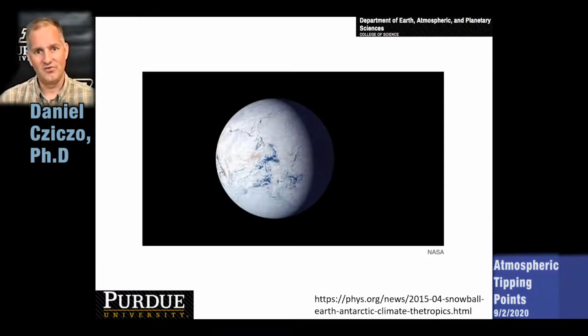You can ask yourself some questions about what would have happened if some part of this mechanism worked too well and some other part didn't work as well, that they didn't balance out. And so the easy thing to imagine here is that perhaps you would have more or less volcanic activity. So let's think about less volcanic activity for a moment. Say that there was a period of time that less volcanoes erupted, less CO2 was being put into the atmosphere. But your removal system, the silicate weathering leading to sediments that were then buried and removed, would still be pulling CO2 out of the atmosphere.